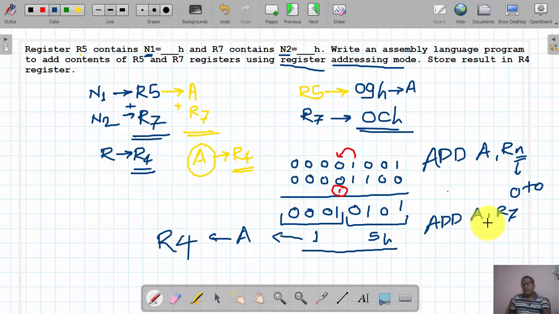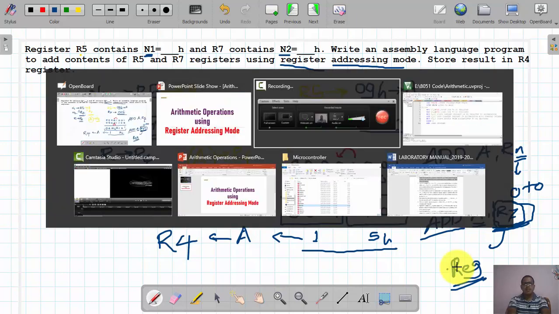The first number is present in the accumulator, and the second number is present in a register, and that's why this addressing mode is called register addressing mode. It means the data that we are going to process we have put into this register, and the name of this register we define along with this instruction, and that's why it is called register addressing mode, right? So let us cross check this with a simple execution.